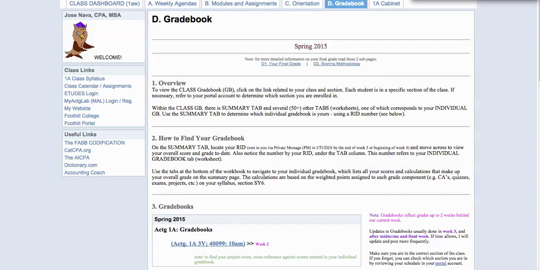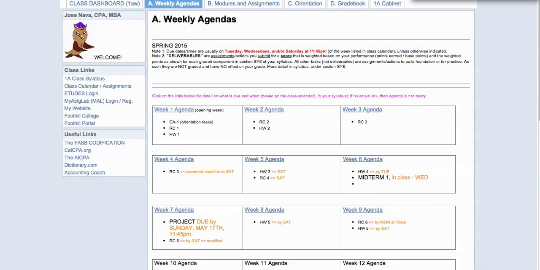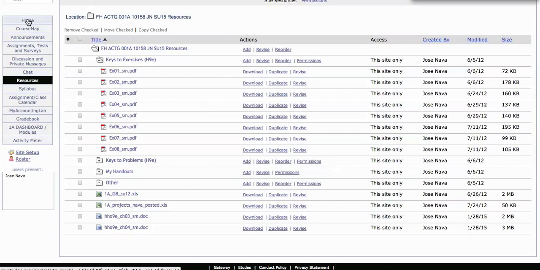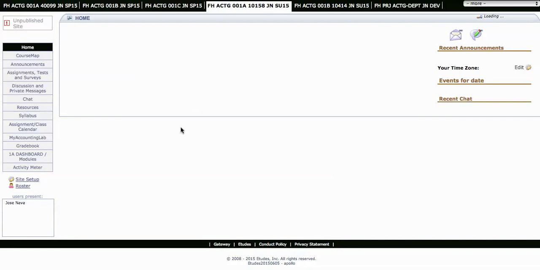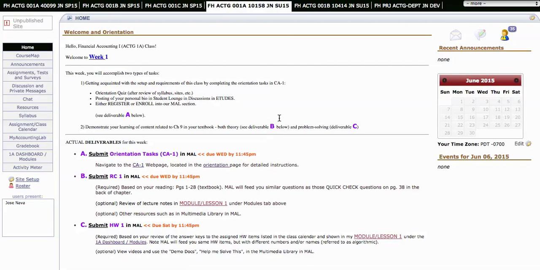Let me get out of here again. And aside from that, let me go back to my home page here. There's just these other items on the right side, and these I would say, they're self-explanatory. So explore, have fun,